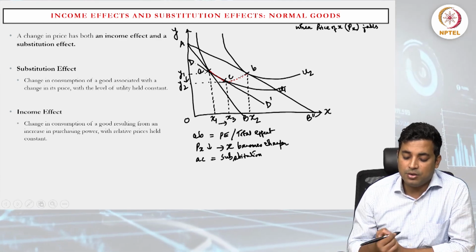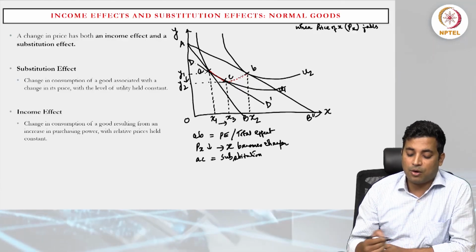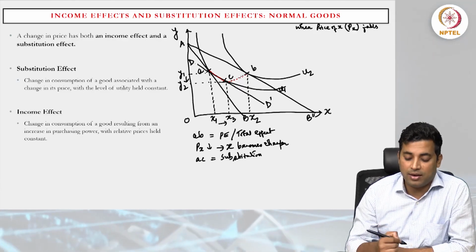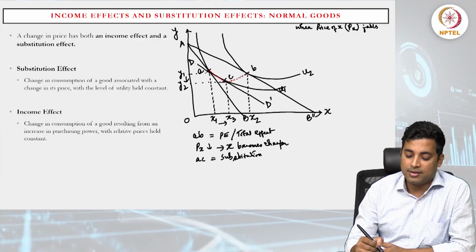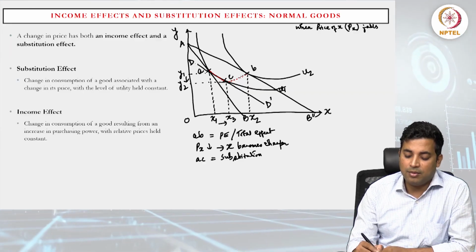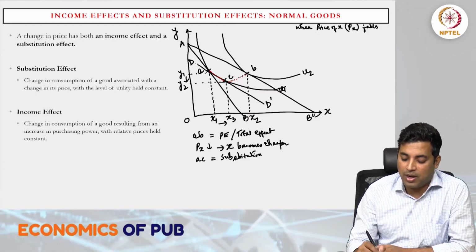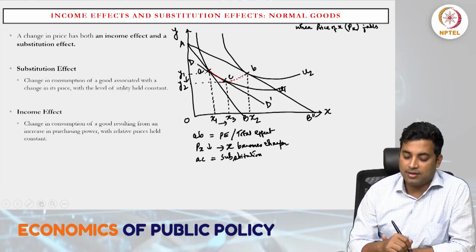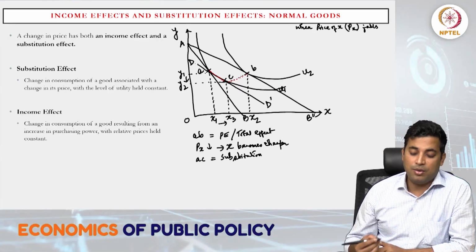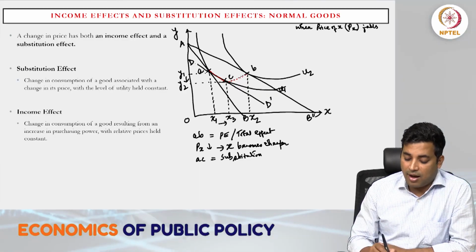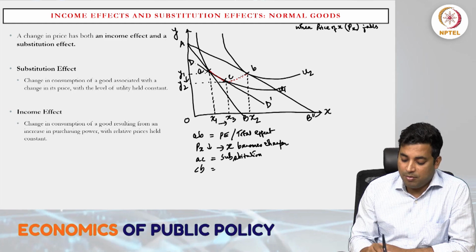The utility that I earlier got at point A with the combination of x1 and y1, and now at the new point C with the combination of y2 and x3, is basically the substitution effect, because we are substituting but having the same utility. The other movement, from tangent point C to tangent point B,